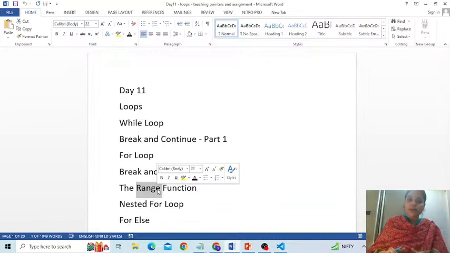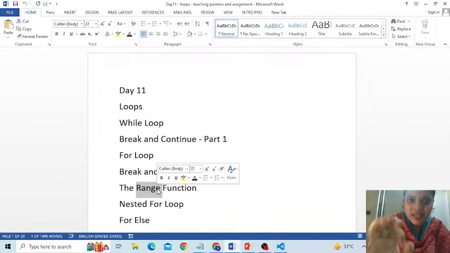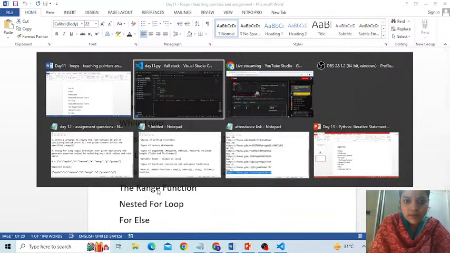Let's start for the day today. I stopped at a question in the class yesterday. This was the point we discussed last, that if everything that while does even for can do, then what is the difference between the two? For example,